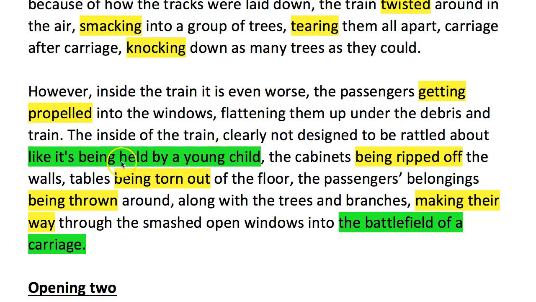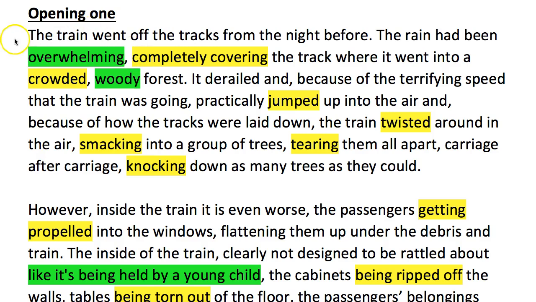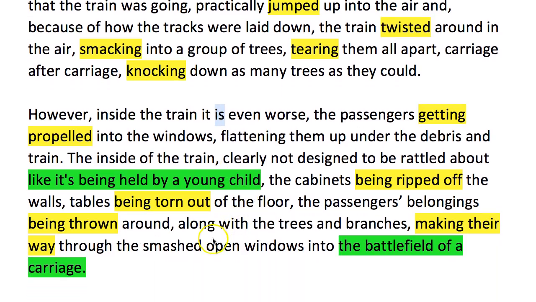But there's a weakness here, because it's being held, it happens in the present, and I need to just pop back to the beginning here and show you how the description started off in the past tense. So you can see how it derailed, the train went off the tracks, and that's a real mark of a writer who isn't quite secure. They often jump from the past to the present, and so this should have been "it was even worse" rather than "it is," to keep everything else in the past tense.